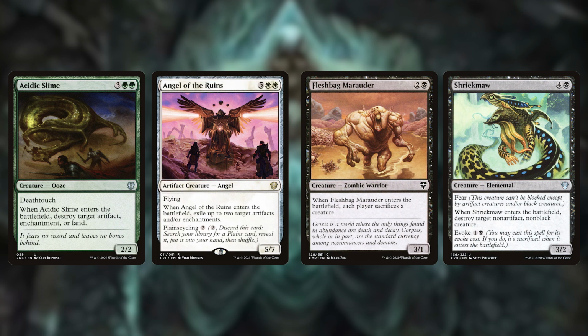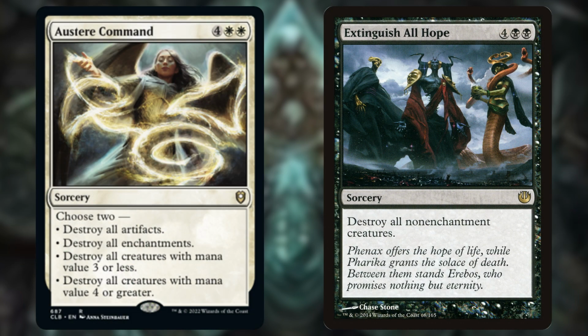it's on the battlefield. Moving on to the Boardwipes, we have Austere Command and Extinguish All Hope. Austere Command is really cool because we can destroy all creatures, and assuming our commander is indestructible and we destroy all of our creatures, including our opponents', this will not be harmful towards us at all. We can also destroy artifacts and enchantments if needed. Extinguish All Hope is really cool because it destroys all non-enchantment creatures, which again, not going to hurt us one bit. If we happen to lose our creatures, we get them right back with our commander, and they come back